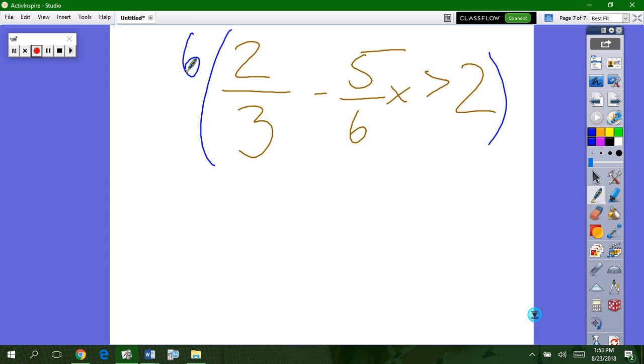Timesing by 6. Here we go. What's 6 times 2? 12. Divided by 3. 4. 6 times negative 5. Negative 30 divided by 6. 6 times 2. Right? Very simple. Once again, they look a little bit nasty, but after one step, we get into something we